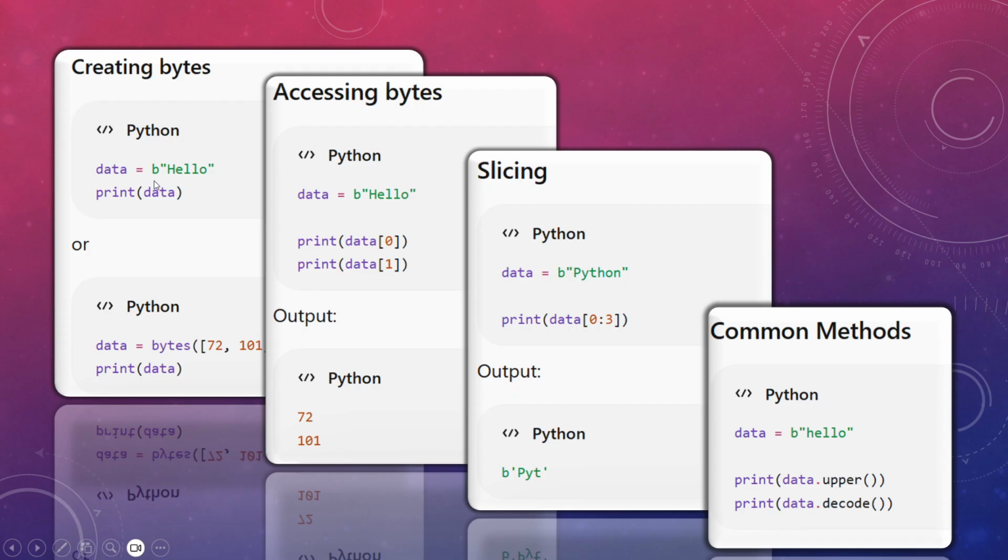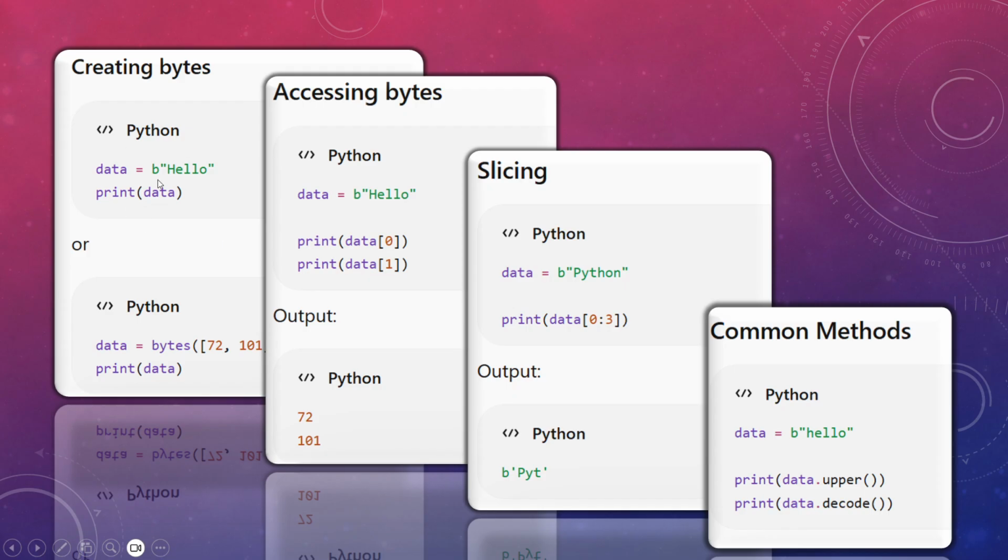So bytes, how do you create the object? data is equal to b'hello'. So this variable will store a byte. See here, if you print it, your actual byte representation is stored there. Now I had first explained it to you: whenever you have a byte, first it is a Unicode value, and then Unicode is changed into encoding, and finally the encoded ones and zeros combination is saved in the memory, right? So we'll see all this code in our Visual Studio.